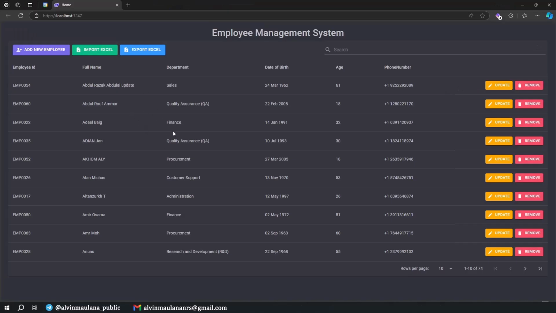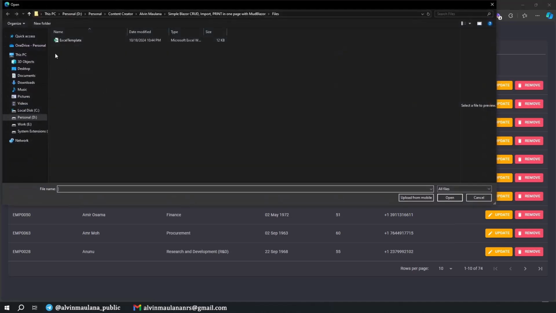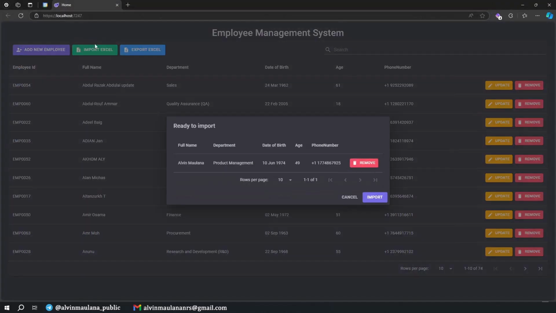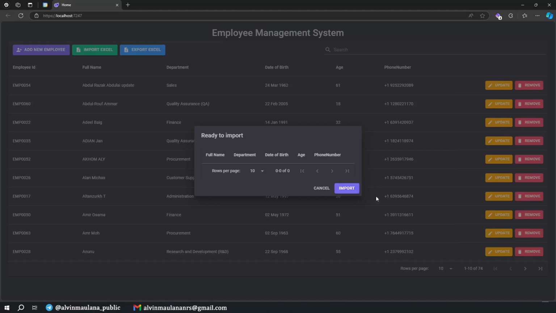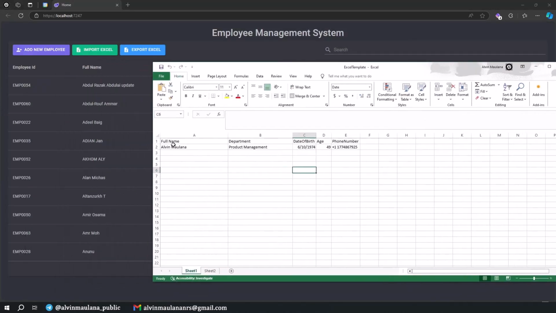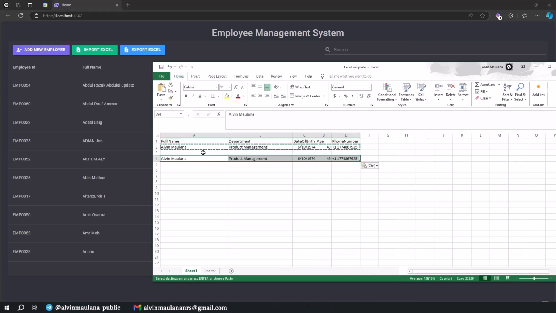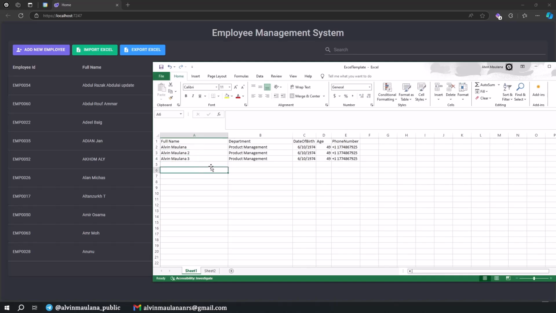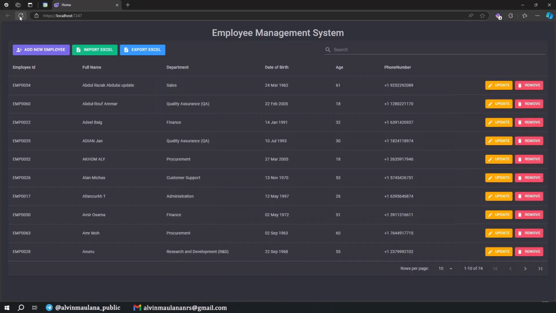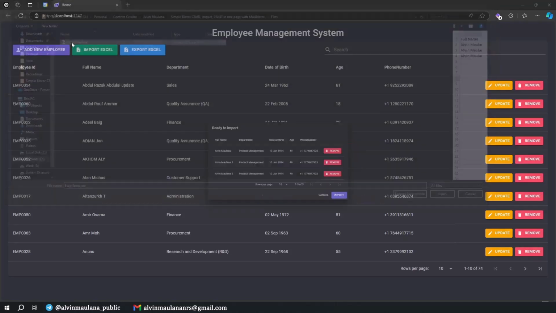Okay, now the button exists. We can just try Import Excel. Okay, this is the Excel template I created. Nice. Now I am able to see the list of data that I assigned in my Excel file, and then you can remove it. I only have one sample, that's why if we remove it, we should not have any data. Maybe for the template I put more than one because there is a delete function and I want to try removing that. Formula 2, Formula 3. Okay, save it. And then I try to import the Excel.